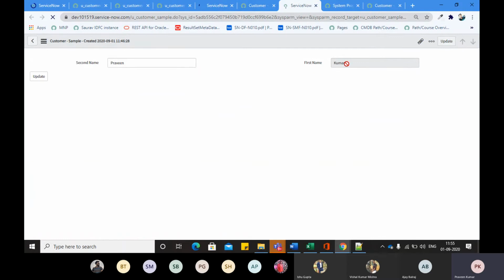Right, guys? I can't update the first name now. Okay, getting it. So this way we can restrict many fields. And you know what is the benefit of these ACLs, that even using a client script you can't do anything wrong, because it will work on the server side as well. So if somehow you have managed to change the value of this field, ACL will calculate it at server side, and say okay, you have changed the value, but I am expecting that you will not change the value of this particular field, and it will restrict you.